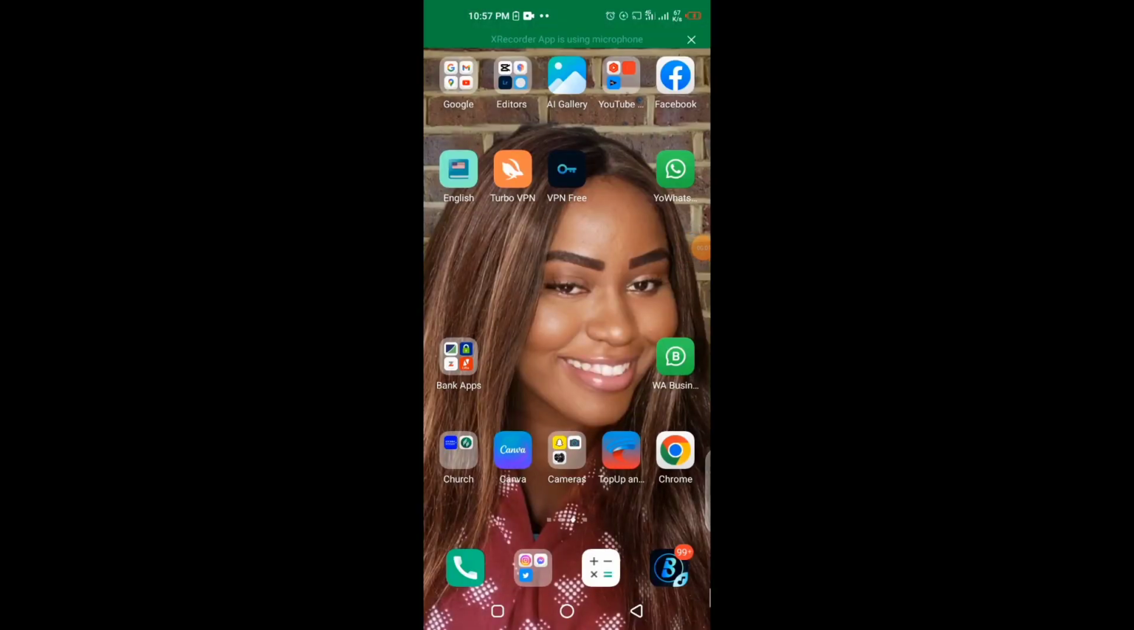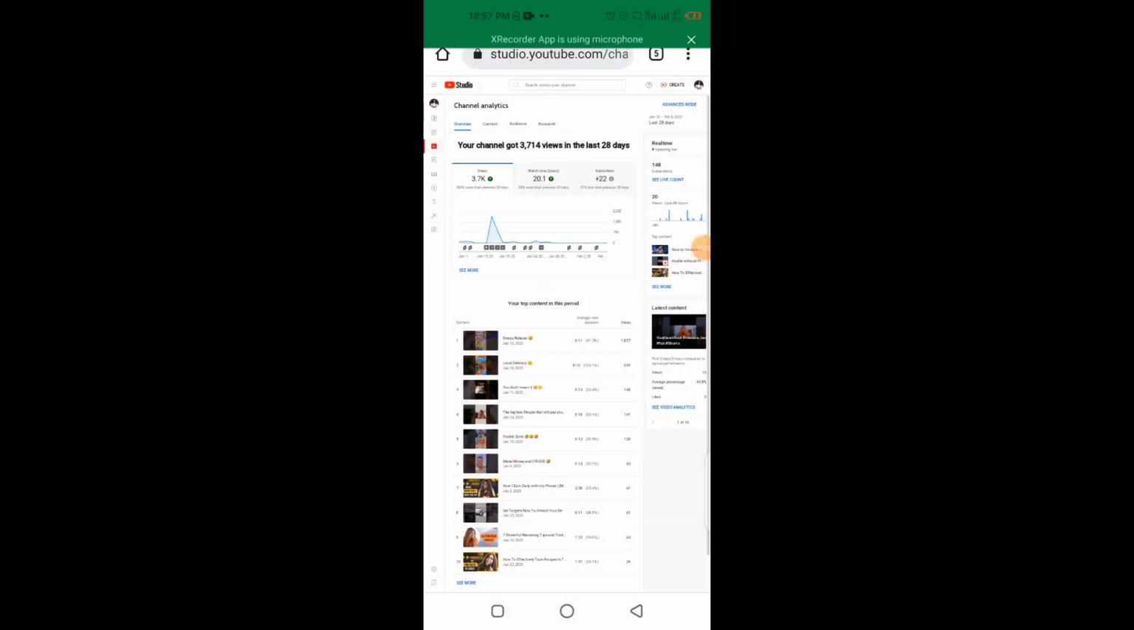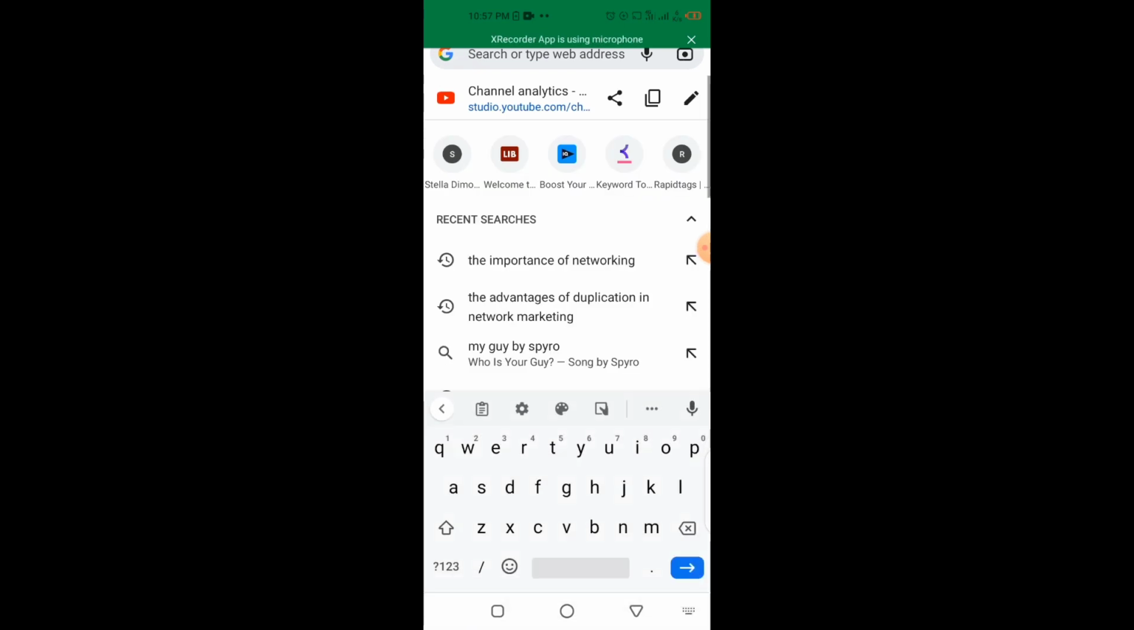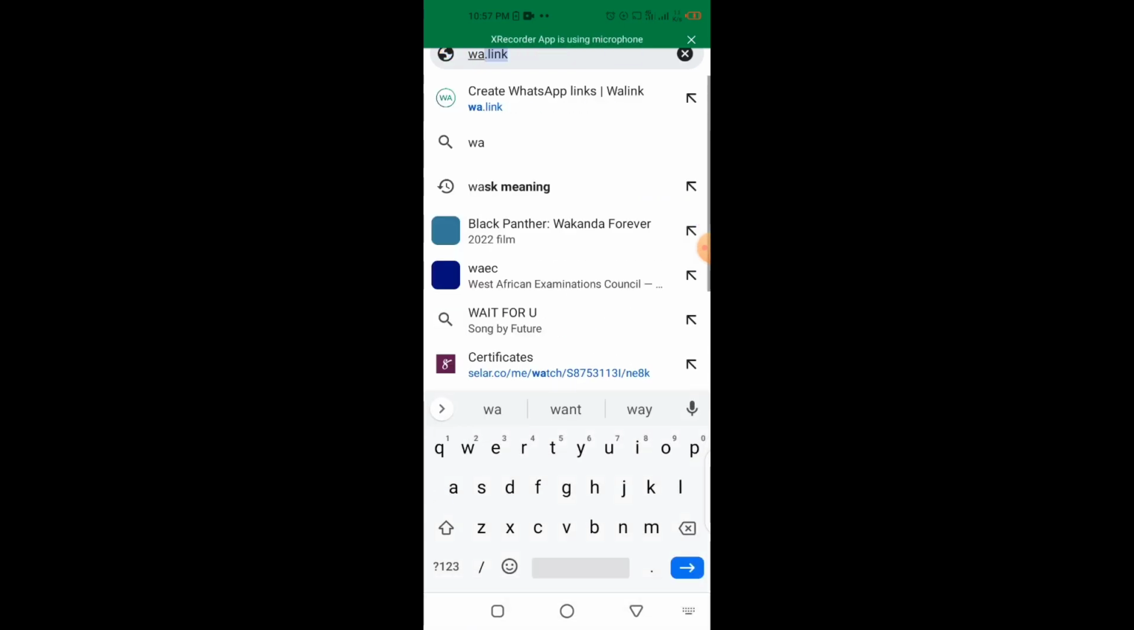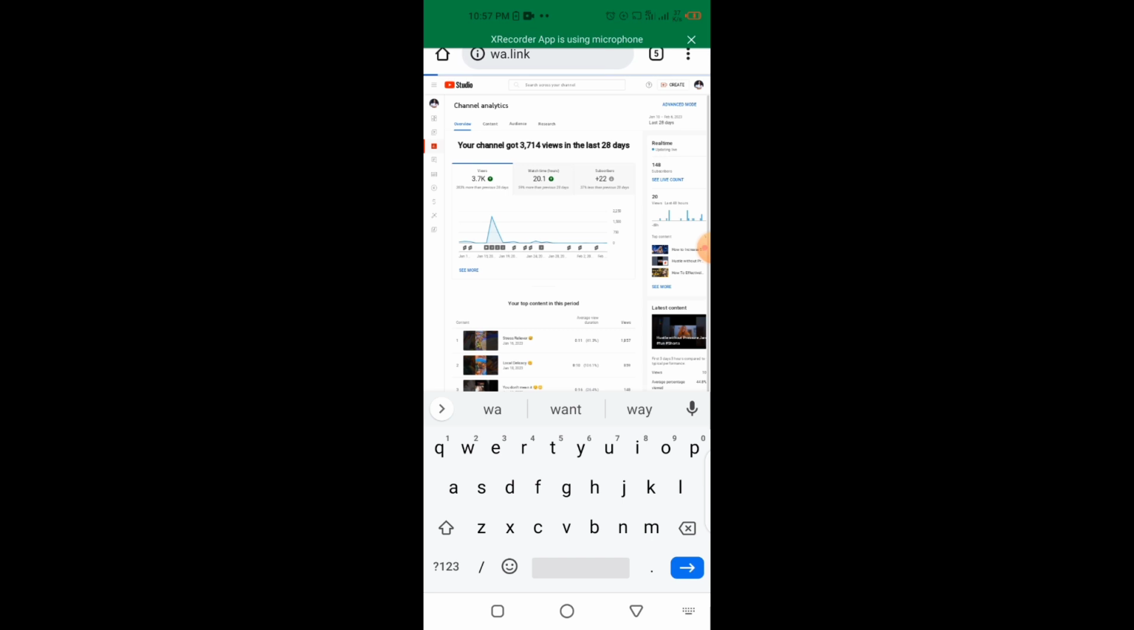Click talk on the tap link. So you go to your browser. I'm using Chrome browser. First of all, you generate a WhatsApp link. You can call it a personalized link. So just type